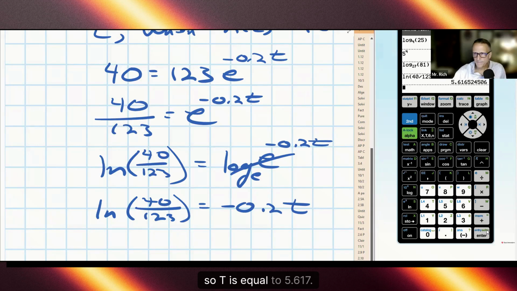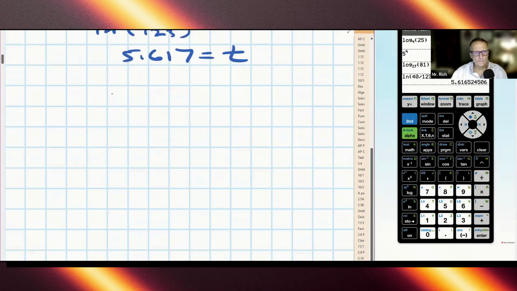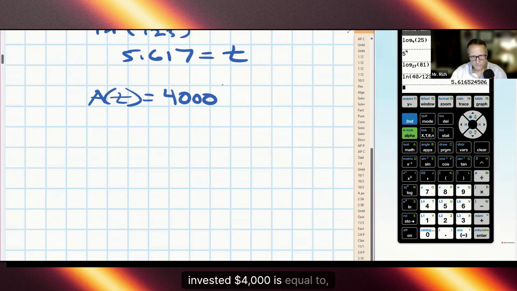Yeah, so t is equal to 5.617, like that. Let me do one more of those, and we'll do a different base, right? So let's just suppose it looks something like this. The amount that I have in an account after I have invested $4,000 is equal to